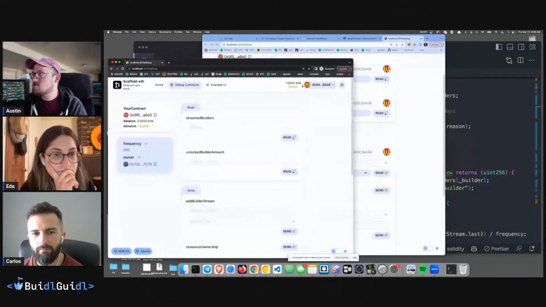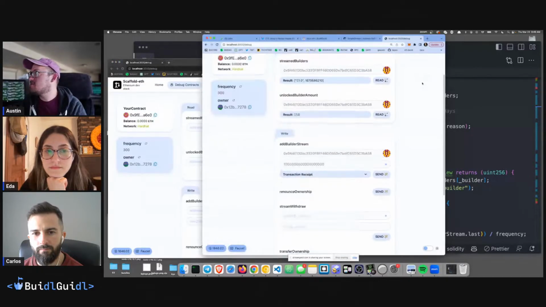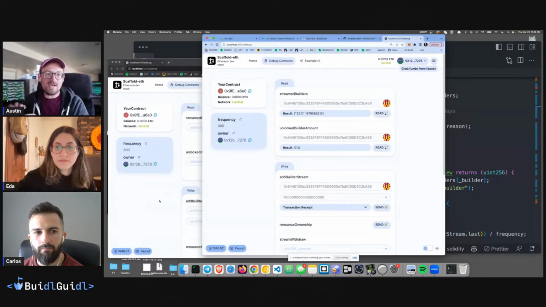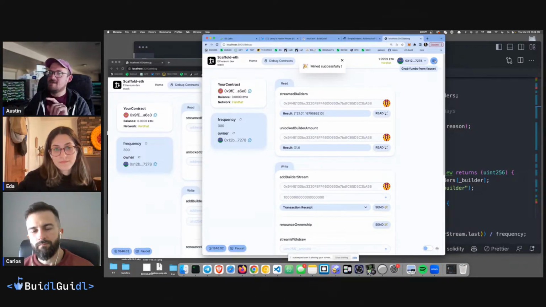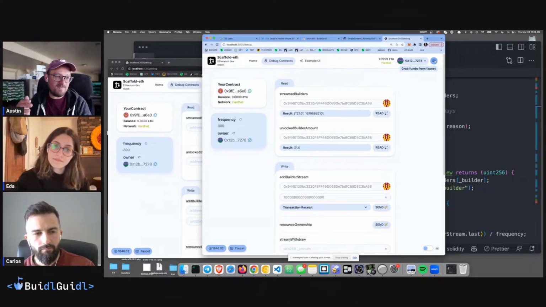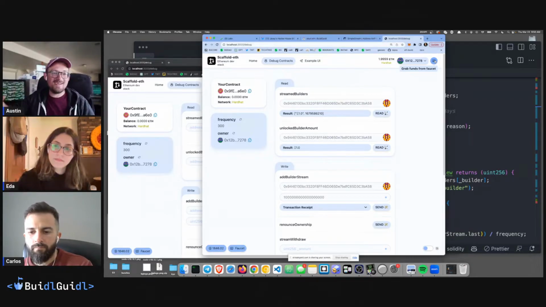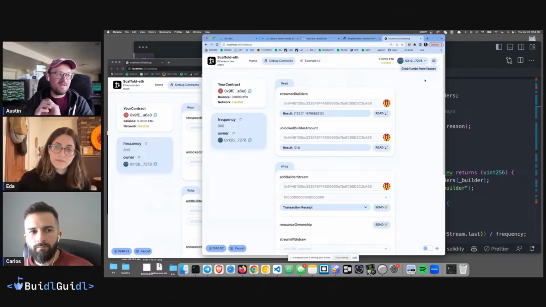Builder has been doing some cool stuff. They have 1 ETH in their account. It's time to withdraw. One thing I want to do is just show time, right? It's going to be hard to show that the time isn't actually passing right now because we're on localhost and blocks aren't getting mined. We have to do this little trick where we go to the faucet, and that forces a transaction to happen. So if you're ever waiting for some kind of timestamp to happen on localhost and it's not happening, make sure you trigger one of these faucet transactions just to make a transaction happen on your local Hardhat node.